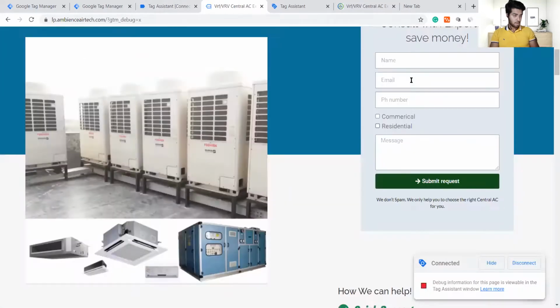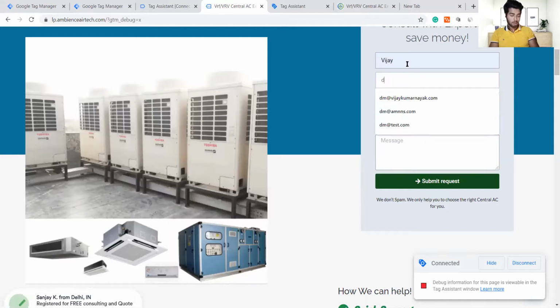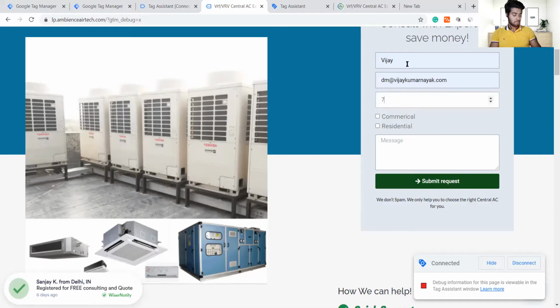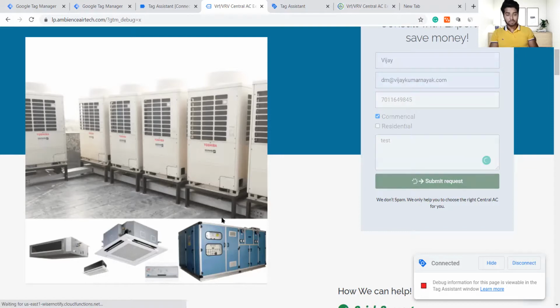Okay, let me just try one more time. I think we have checked with the wrong account. That option really works well on the left, which you're seeing right now. It has some good results and builds a lot more trust. A lot of people signed up, so it shows that people are really buying it from this website. It's not a fake one.